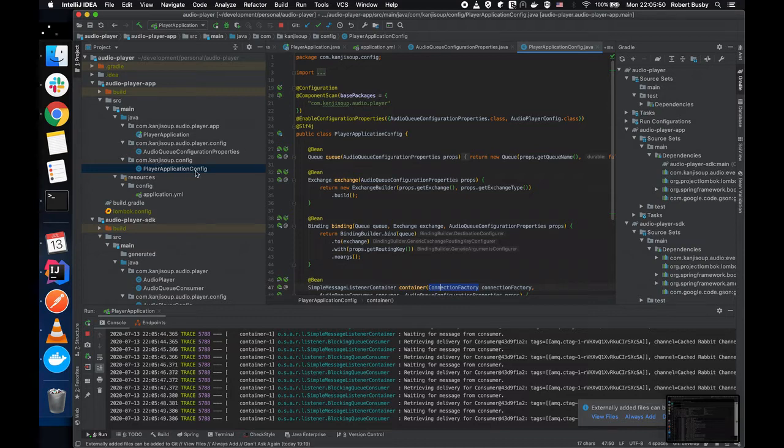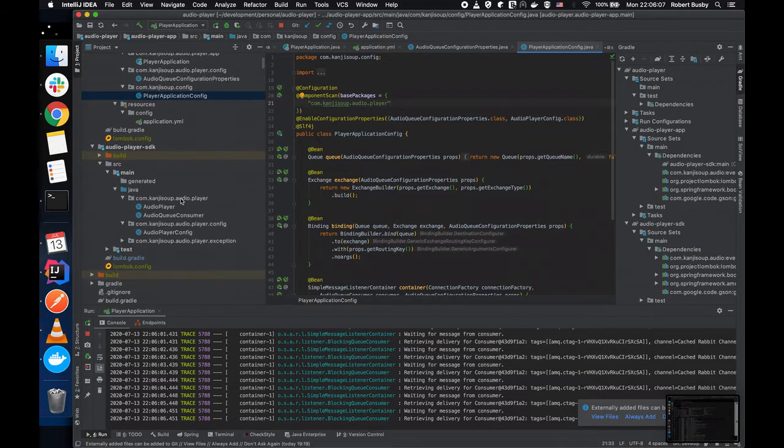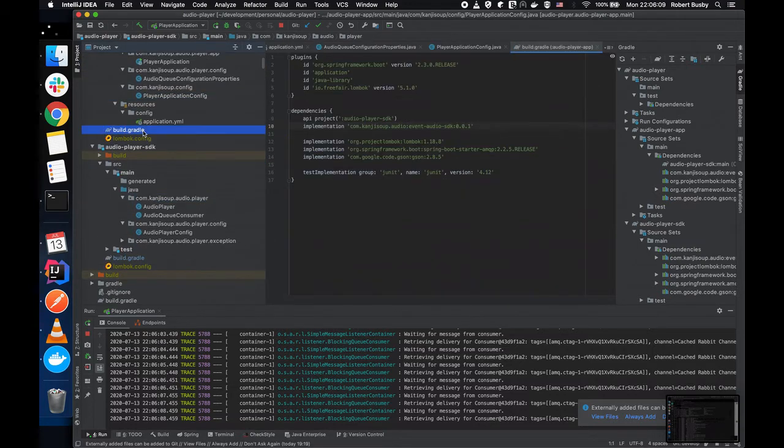There's a config class with a configuration annotation, so it's going to get scanned. And it's going to do a component scan for anything that's got anything underneath config soup audio player, which includes these guys,